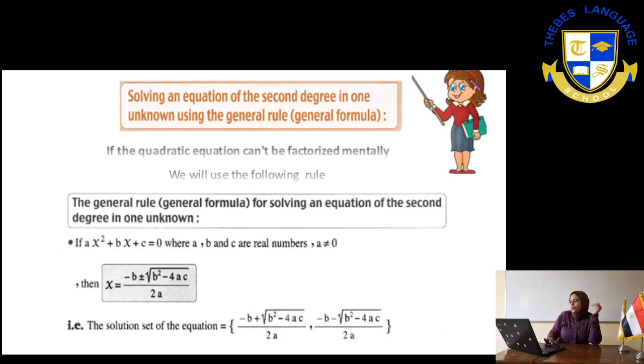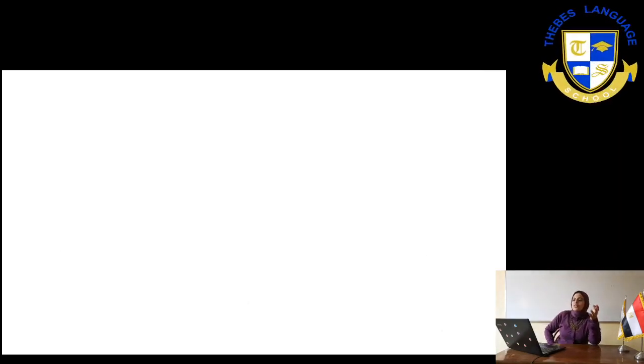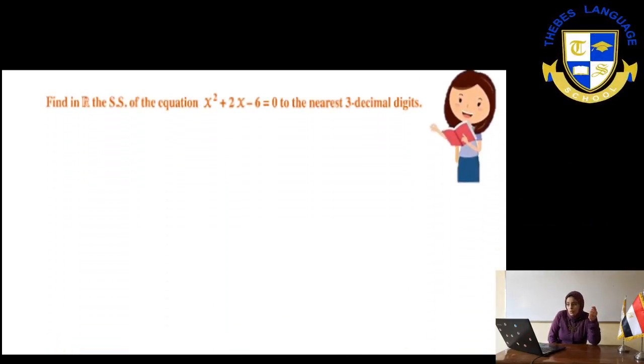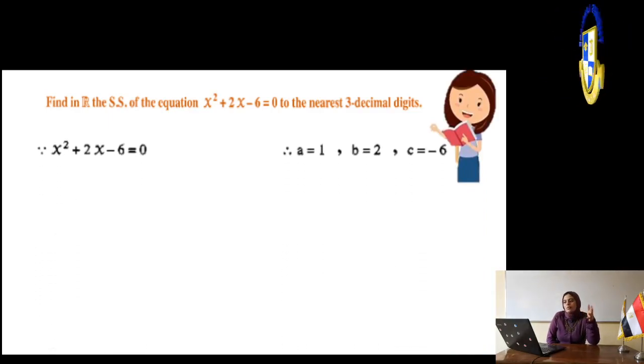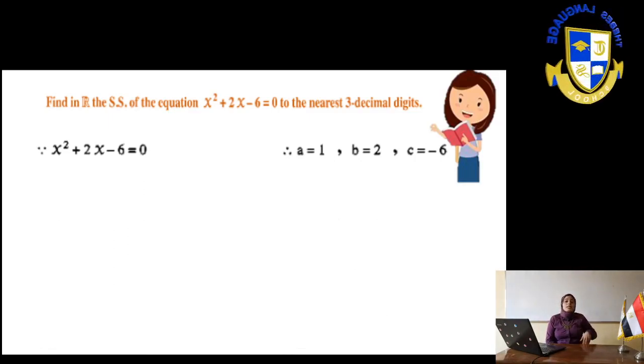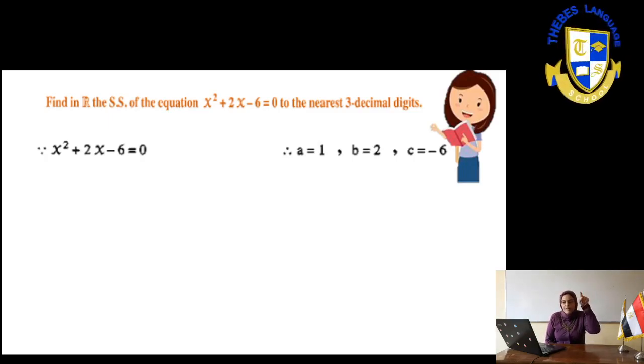Let's apply our rule in the following example in slide number 8. Find the solution set of x power 2 plus 2x minus 6 equals 0. Then find the solution set to the nearest 3 decimal digits. At the beginning, determine the value of a, b, c. a is 1, b is 2, the coefficient of x,